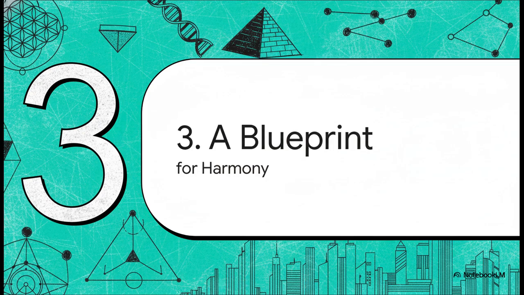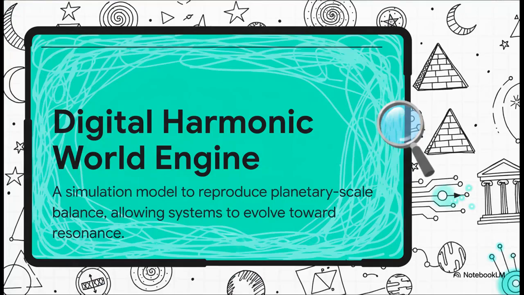Okay, so if this code really does exist in ancient buildings and in our own brains, the next big question is, so what? Can we actually use it? Well, this final part of the theory is all about that. It's a blueprint for how this ancient code could be applied to design a more balanced future for all of us. And this is where things get really futuristic.